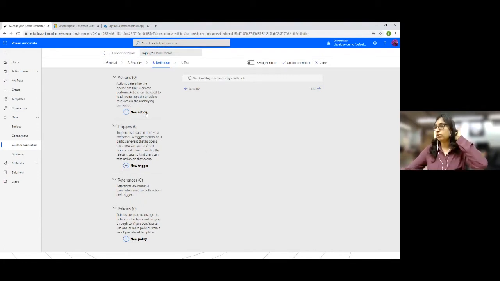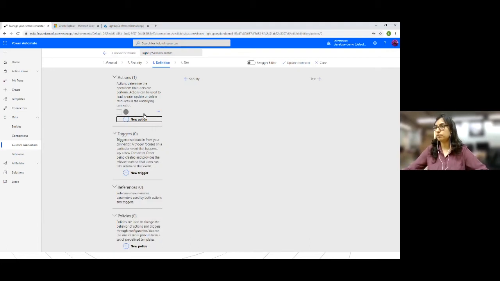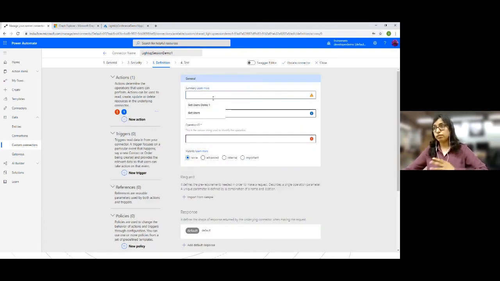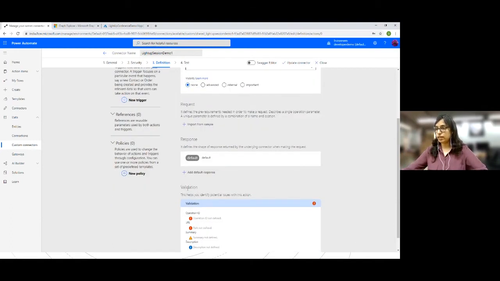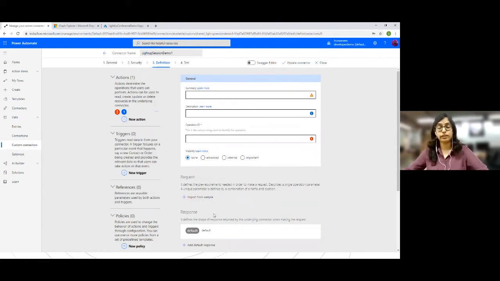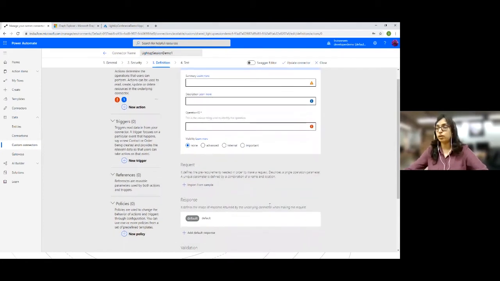So for this scenario, we will do a new action. Whenever we create a new action, we need to provide some generic details about that action. We need to provide the request and the response details. And this is the validation section, which helps you check whether you have configured your action correctly or not.